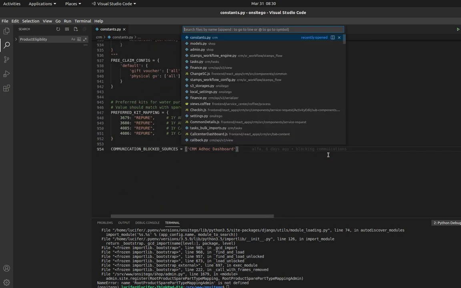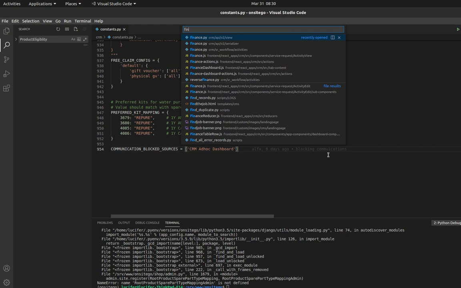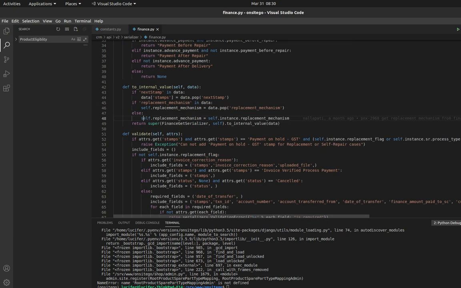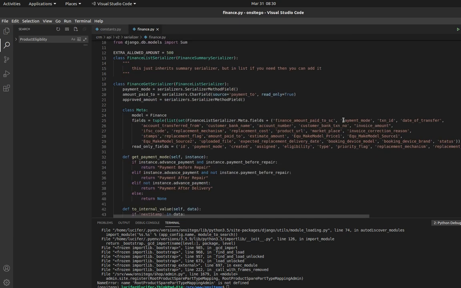Let me show you another thing. Here we can see we have some fields. I have defined them first in a set. First I am converting it into a set, which means even if I write duplicates, it will automatically remove them.